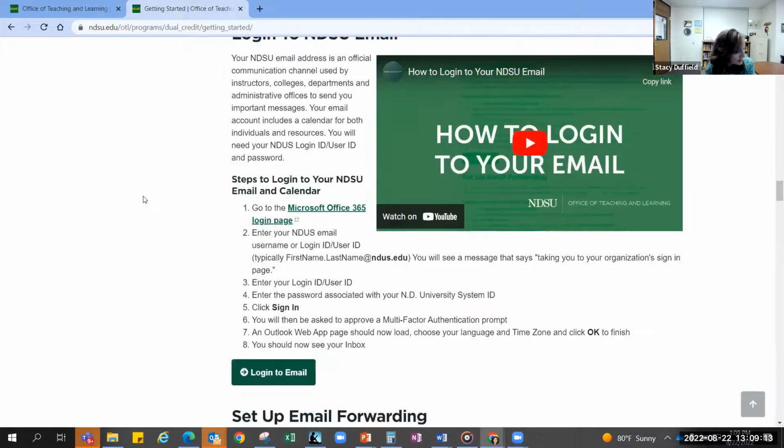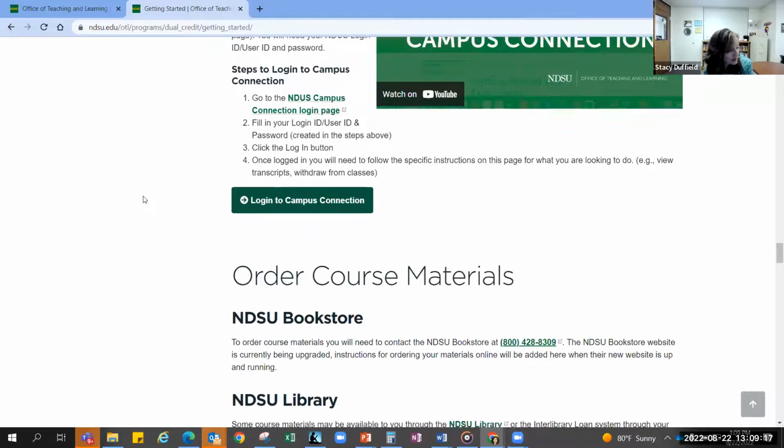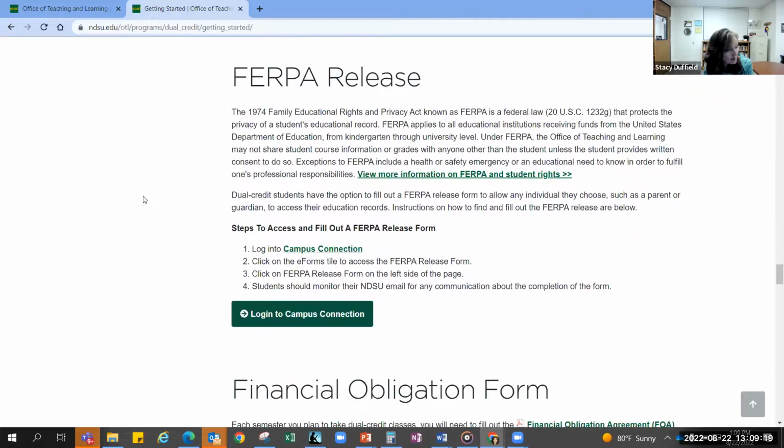let me see here. I'm going to go find, sorry, I don't mean to give you vertigo, the FERPA release, because that's going to be in Campus Connection, and that's where it'll be saved for you. I would recommend talking to your parents or guardians about this. Likely your parents would like to be able to see your bill.